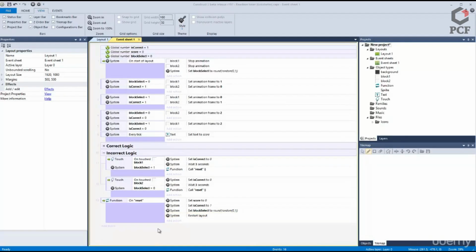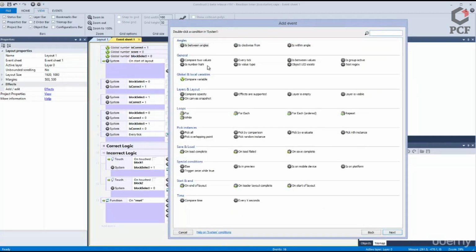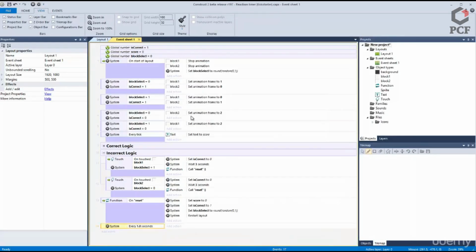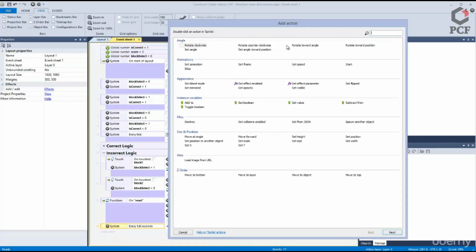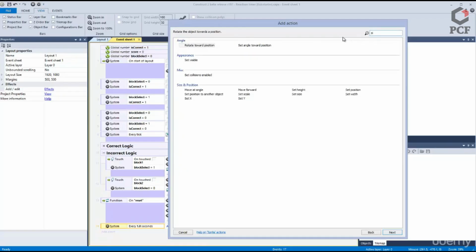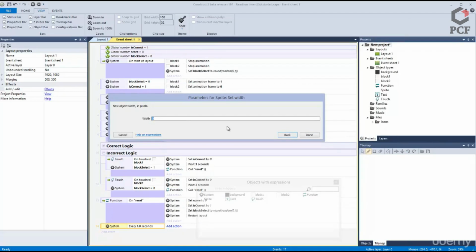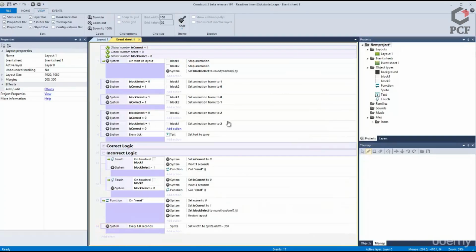So in order to do that, let's go to system, every X seconds, we'll make it 1 second. We'll go to the sprite here, and if we look at the size and position, we'll say set width to sprite, and I'm going to change the name of this in a second, dot width minus or divided by, let's see, since it's 800, we'll say minus 300. Okay, and so we run that here,